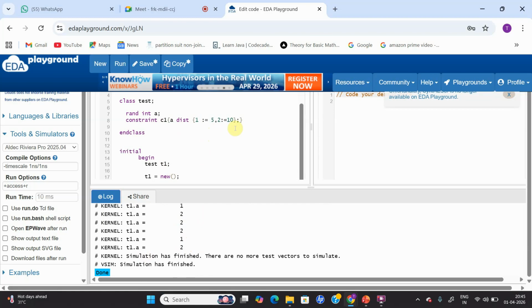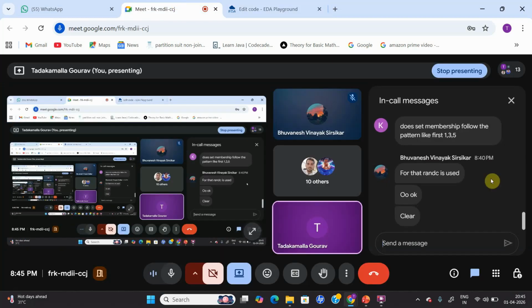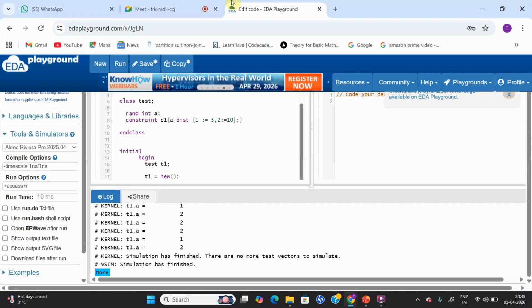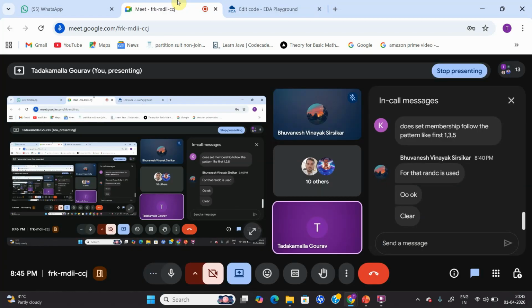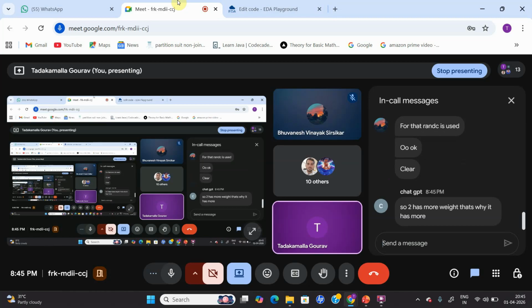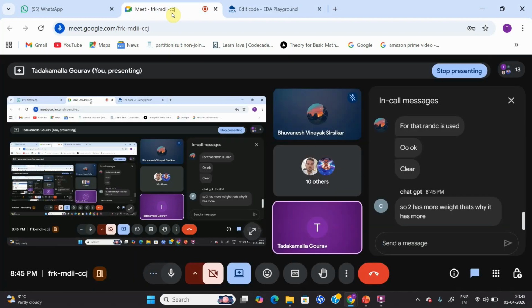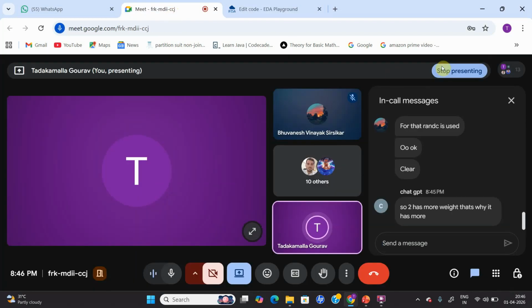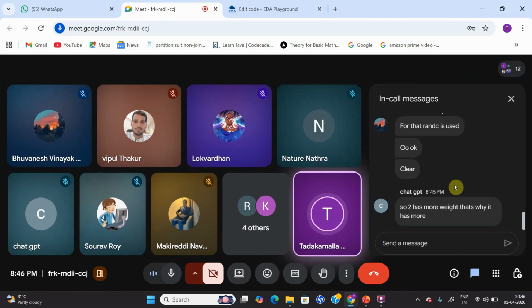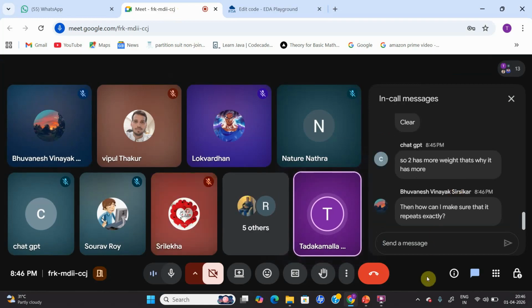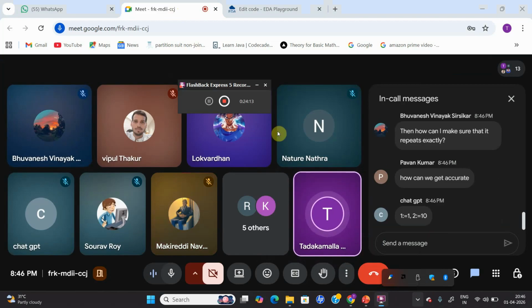Yes, so this is nothing but my distributed constraints. Is it clear? 2 has more weight. Yeah, exactly, 2 has more weight, so it can happen. Okay. So that's about our distributed constraints and set membership. And from our next session, we are going to see problems related to